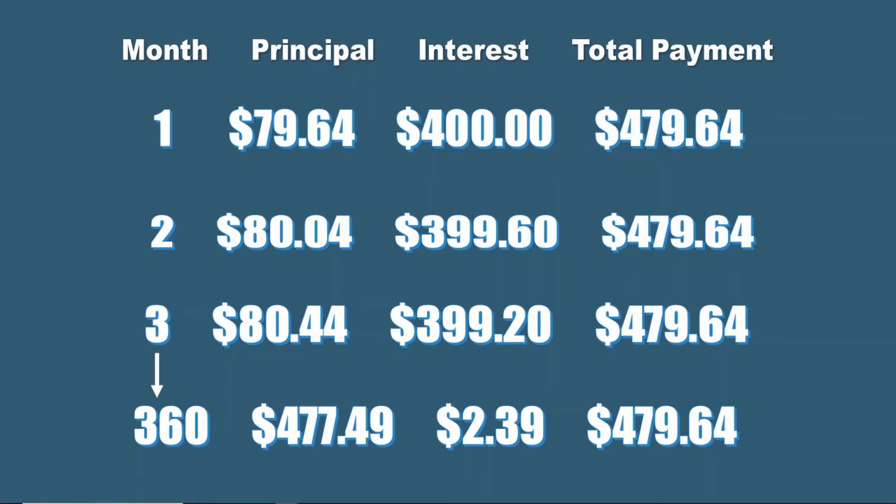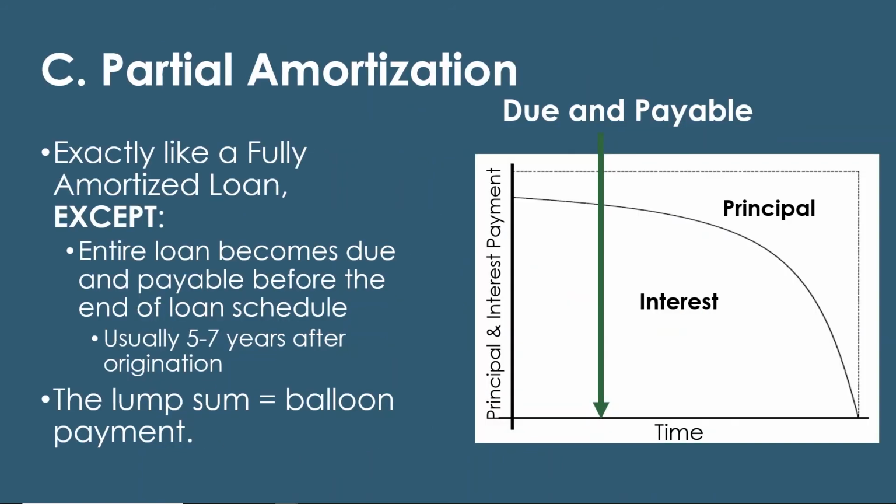So this is to kind of understand it. The payment remains the same on a fully amortized loan as long as you have a fixed interest rate, but the amount of the principal and interest will change each month with the payment of what goes towards which. And remember, the principal that you pay is actually reducing the balance of your entire loan. Now, partial amortization, this is exactly like a fully amortized loan, just like what we were talking about,